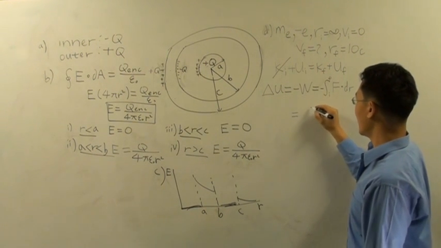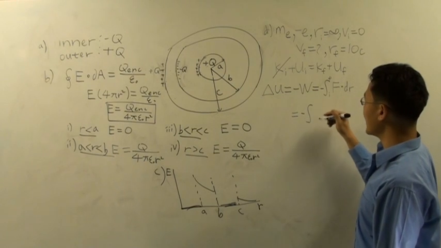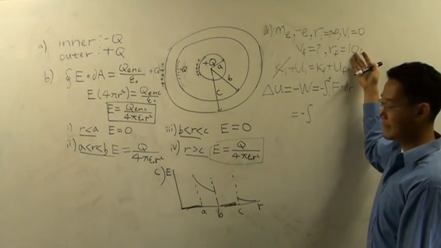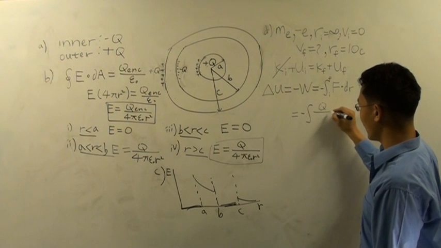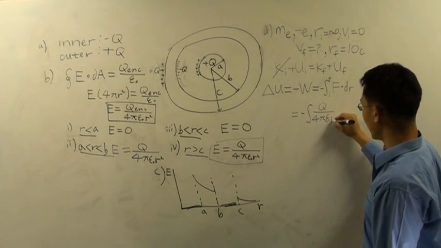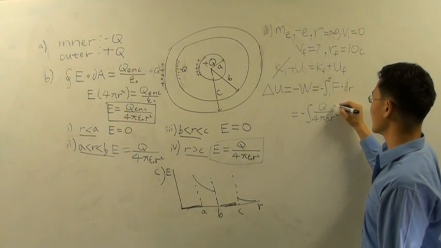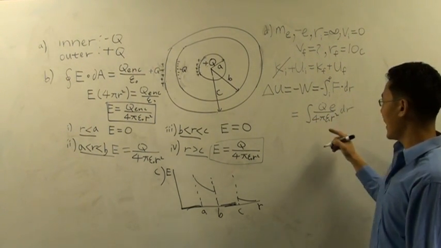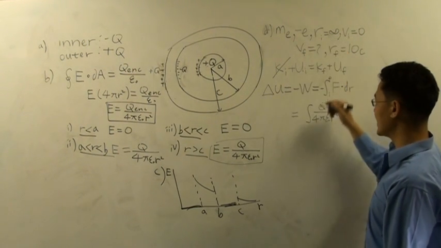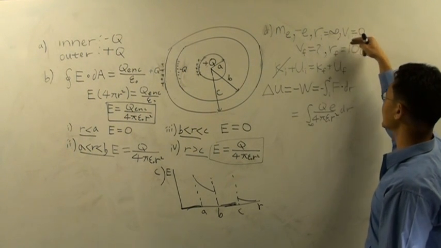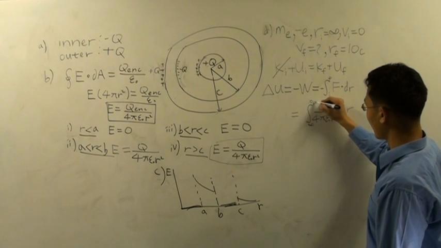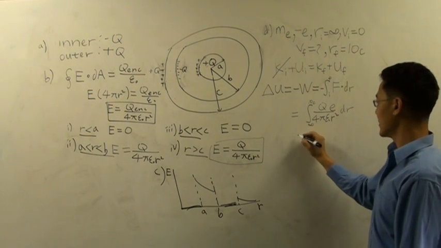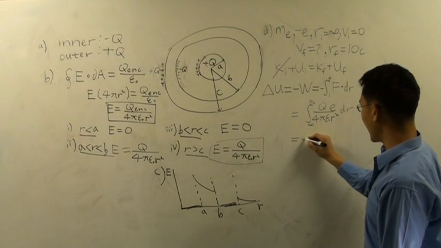So force in this equation will be given by the electric field expression for r greater than C, since we have 10C: Q over 4 pi epsilon naught r squared, times the electric charge, which is minus e. So this minus sign goes away. And we're integrating from the initial distance, which is infinity, to the final distance, which is 10C. All we have to do is evaluate this integral. And when we do so, this is minus